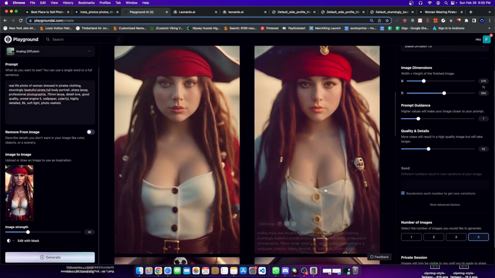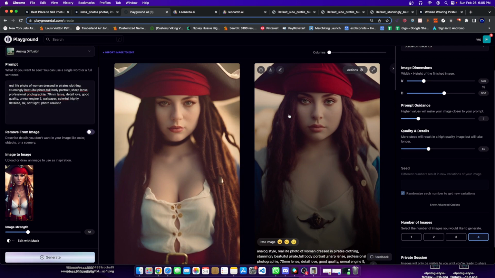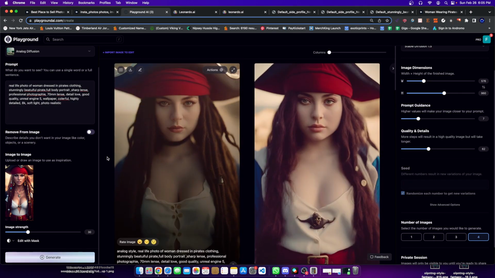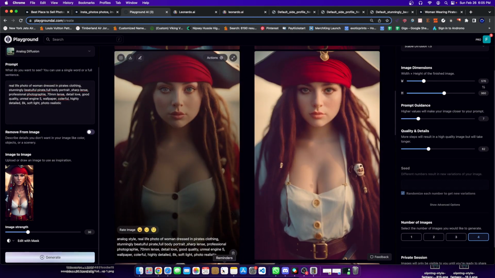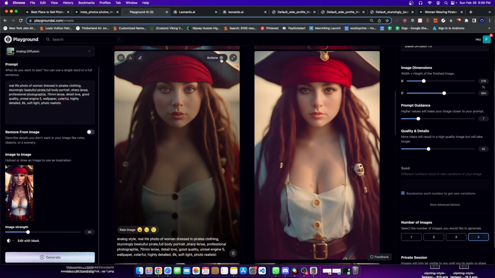Yep, see, this is what I'm looking for. So this is a really good photo in my opinion. This is a good photo, okay? This is an okay photo. I feel like the clothing is just a little too much right there. This is not bad, but once again, this part is no good. So something like this is what I would go for. So either one of these, let's say